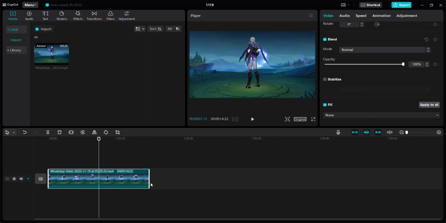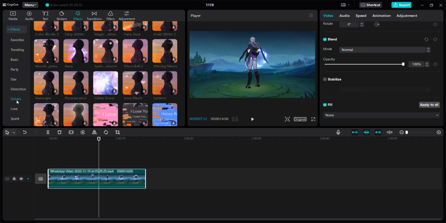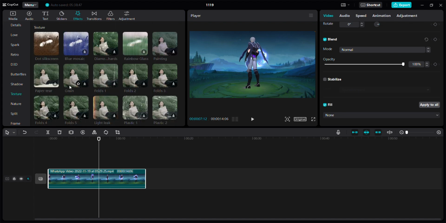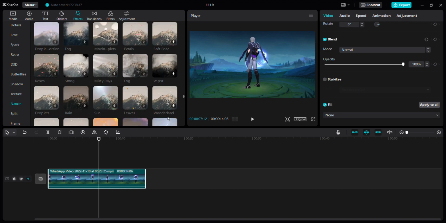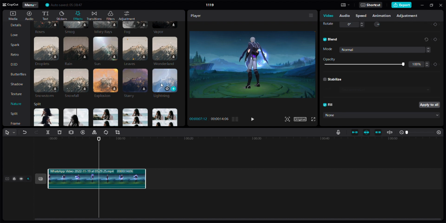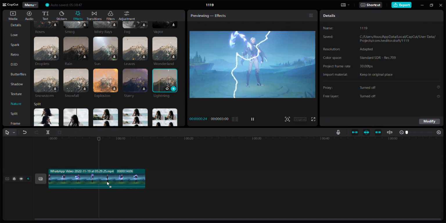How to, just simple, select effect, and you can look for lightning effect in texture, nature, and then here's just the